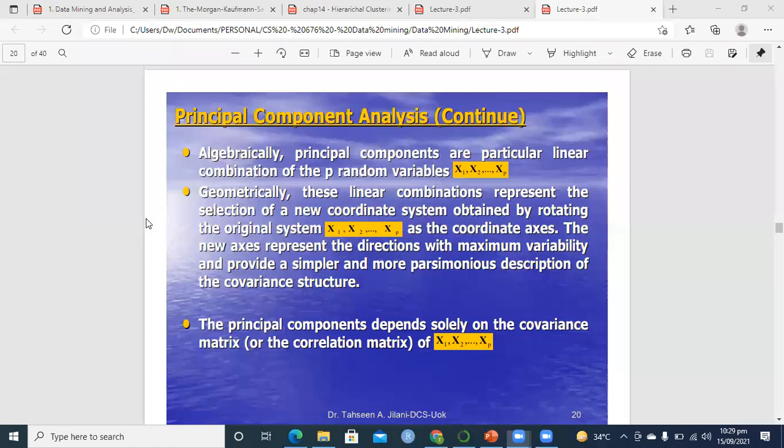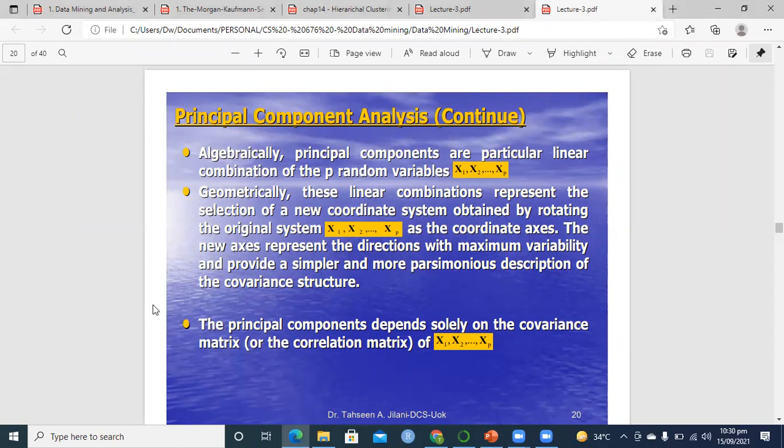So basically, we are starting with a set of variables x1, x2, ..., xp. These are the original data set. And from this data set, because it is p variables, we cannot visualize it. You can represent data in 2 dimensions or 3 dimensions, but when it is 50 dimensions, you cannot represent it. And if you cannot represent it, that means you have to depend on algebra. You have to depend on maths and just see, okay, the maths is saying this, that means it's true.